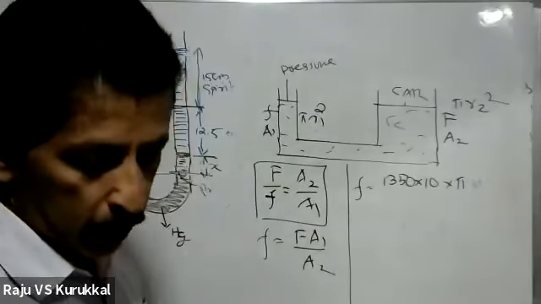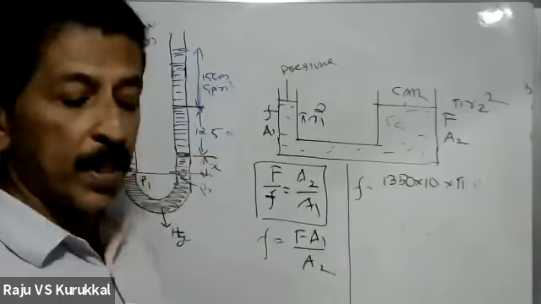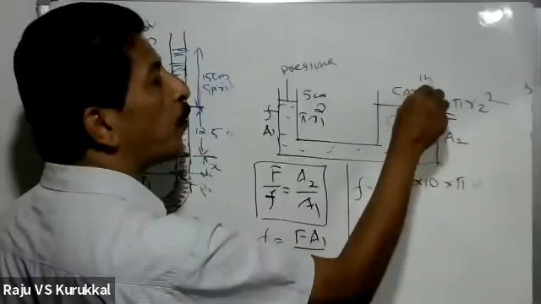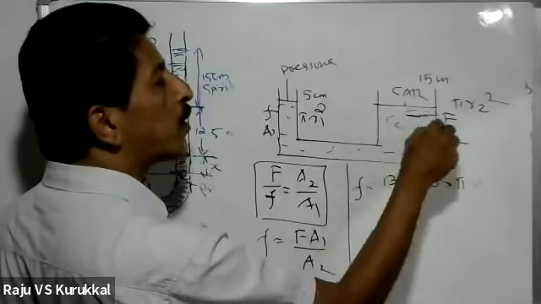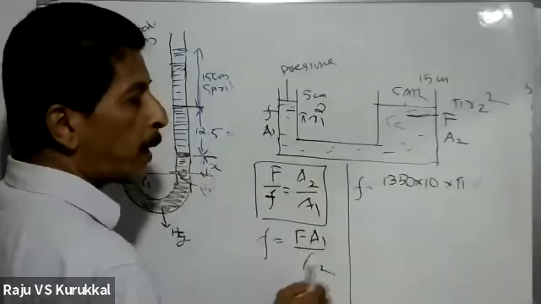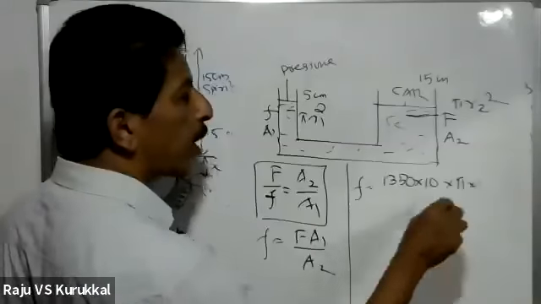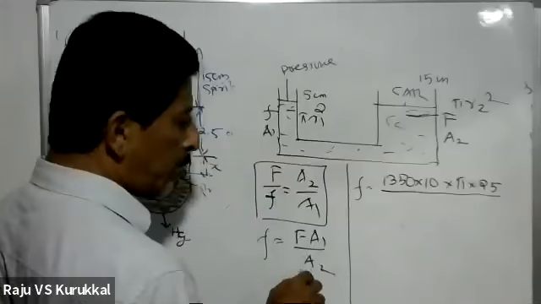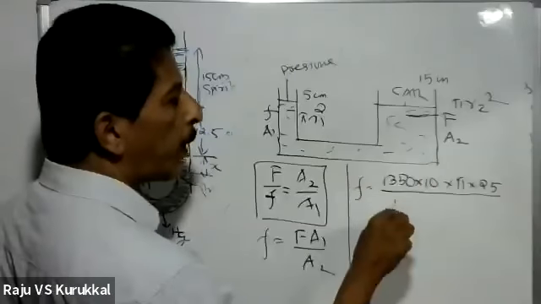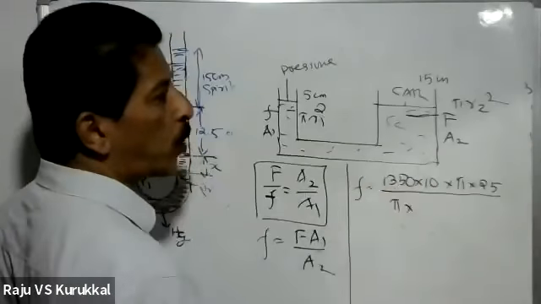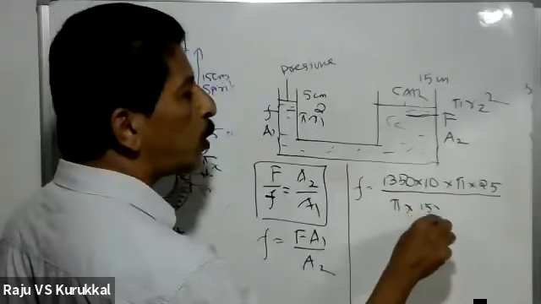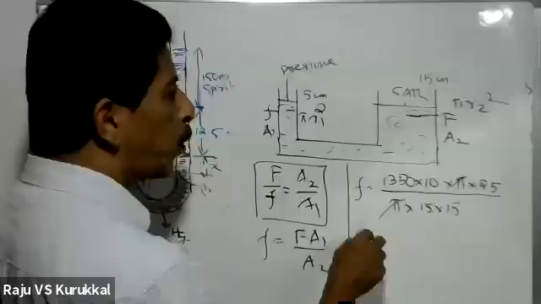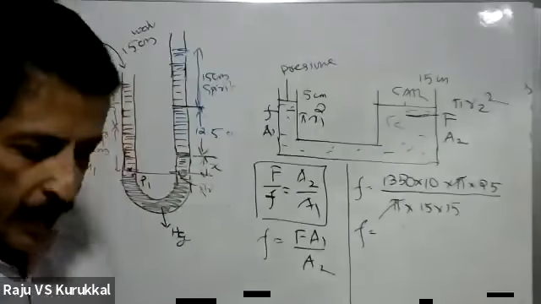Okay, 5 centimeter. Big one is 15 centimeter. Area: radius 5 centimeter, and here the radius is 15 centimeter. Pi into what is r1 square? 5 into 5, that is 25. Whole divided by A2. What is A2? Pi into R2 square. R2 square is 15 into 15. Now simplify, pi cancels, we get the force. Force in the answer